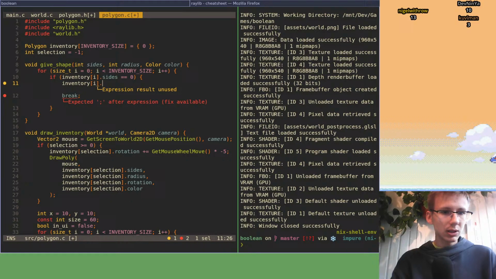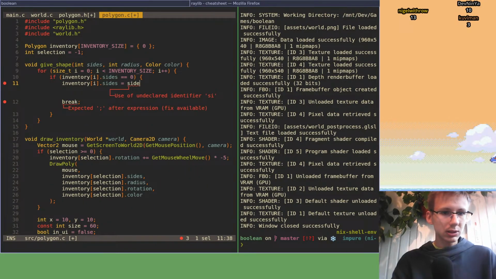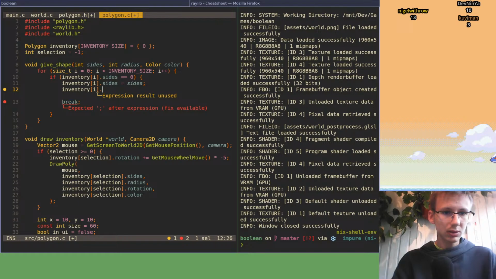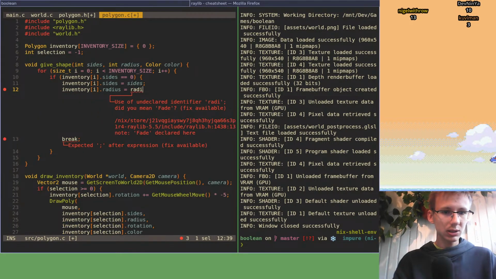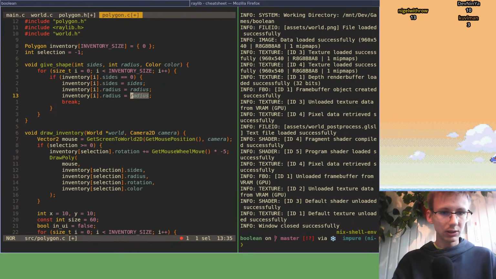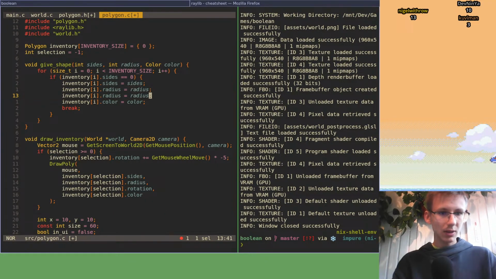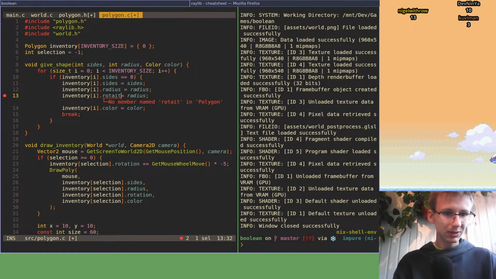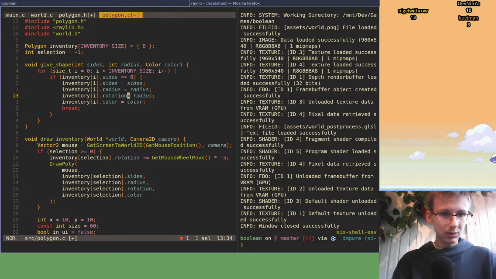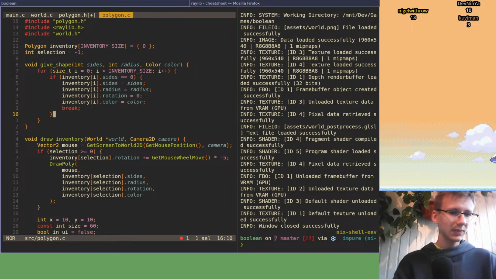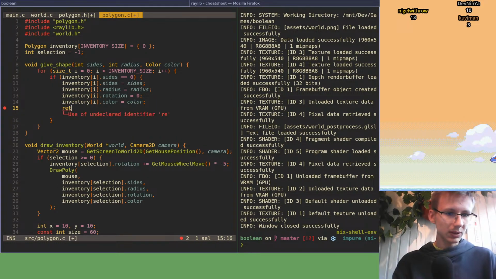Inventory I size, inventory I radius, color. Also reset rotation, because why not? Is that it? That's it. And on return,